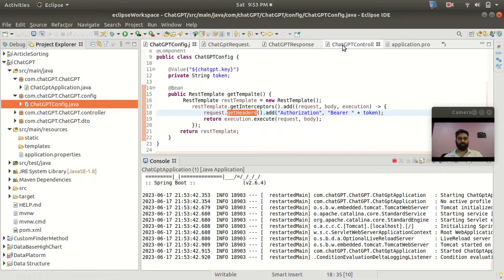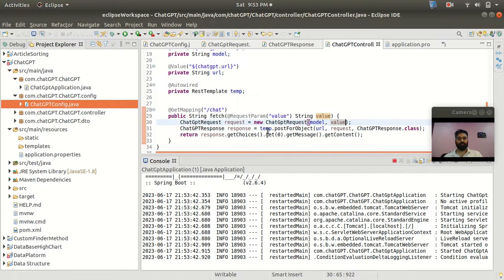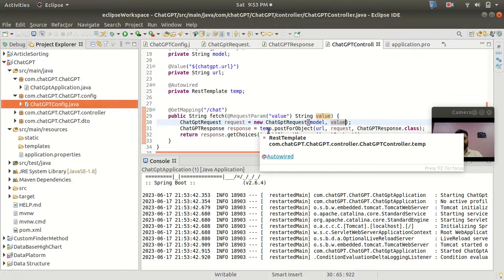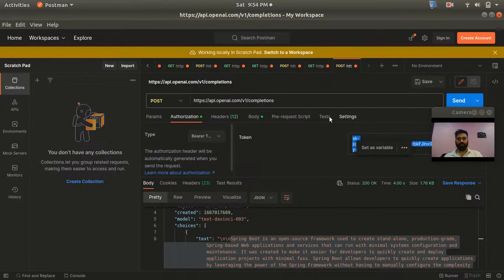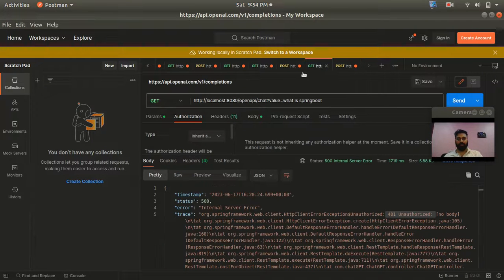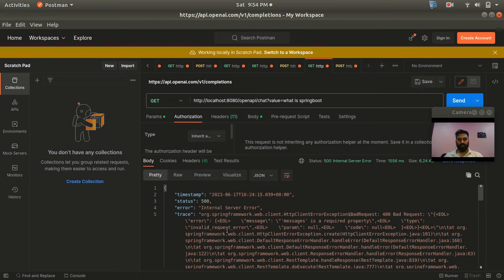So when it does the post method, meaning the API call using the post method, then with this template it will send that authorization key inside the header, and now it should authorize and allow access to the OpenAI API. Okay, so let's go to our Postman. This is our localhost, so same, let's send. Yeah, and now you can see,